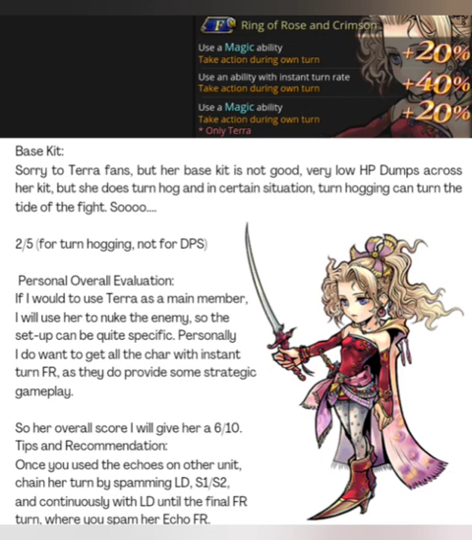Right, another thing I want to say here is that I definitely want to get all characters with instant turn FR. I find them to be very interesting and strategic, so I will definitely pull for Terra and max her out. So her overall score, I will give her a 6/10. Alright, and